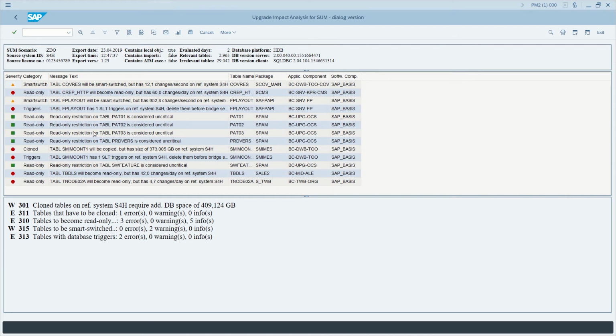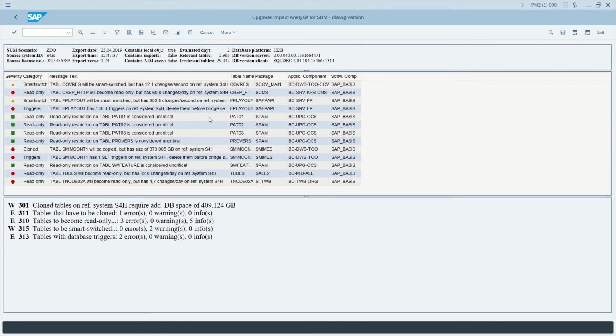The results that you can see in the middle of the impact analysis screen are divided into different severities. The green results are shown green because they are considered uncritical. You can see the tables, for instance PAT star, belong to a transaction called SPAM that is used for importing support packages, which you obviously don't use during an upgrade.